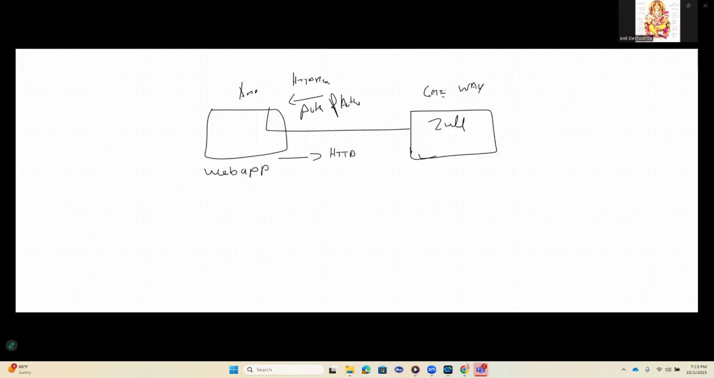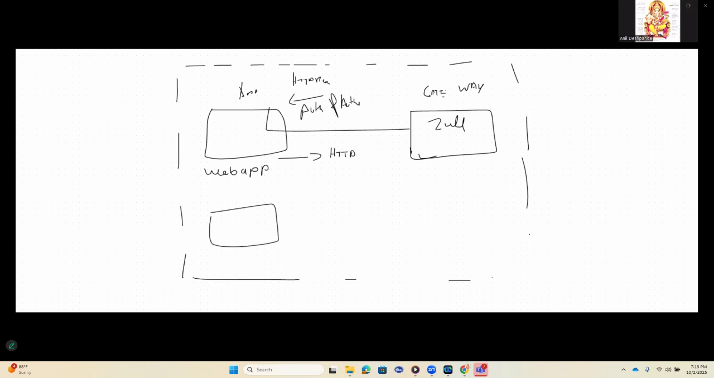Now, generally, what happens is that you just don't have one web app in an organization, right? If this is your organization, you will have so many web apps. So this is one web app. You have another web app here. Okay. So all those requests,